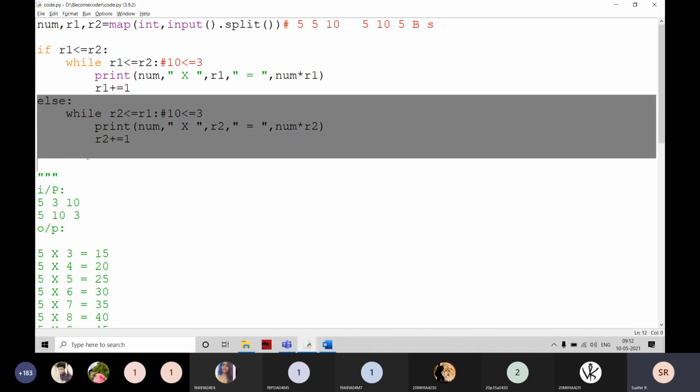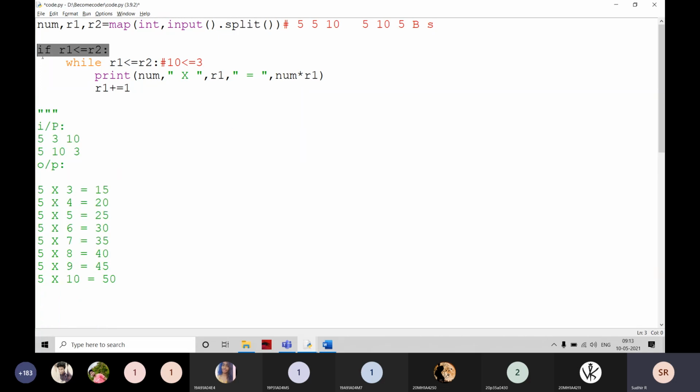Using one loop also I can write it. How am I going to write it? Just observe here. For example, the values are going to be like this. If they are small and big, no problem for us.